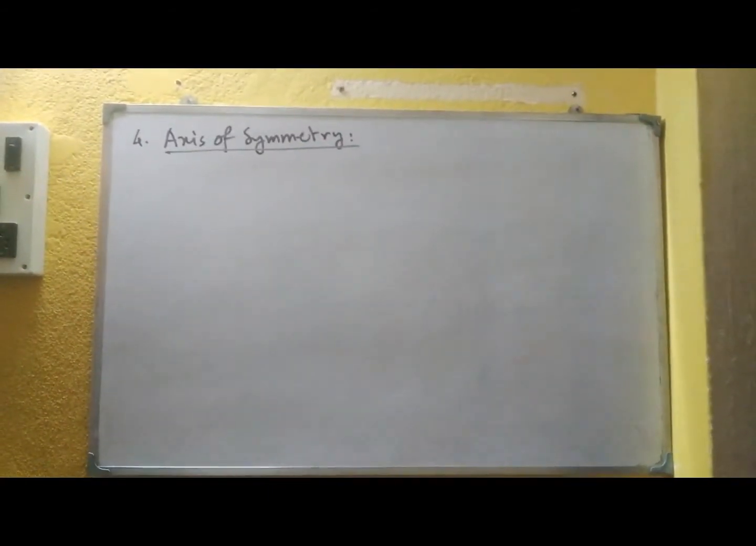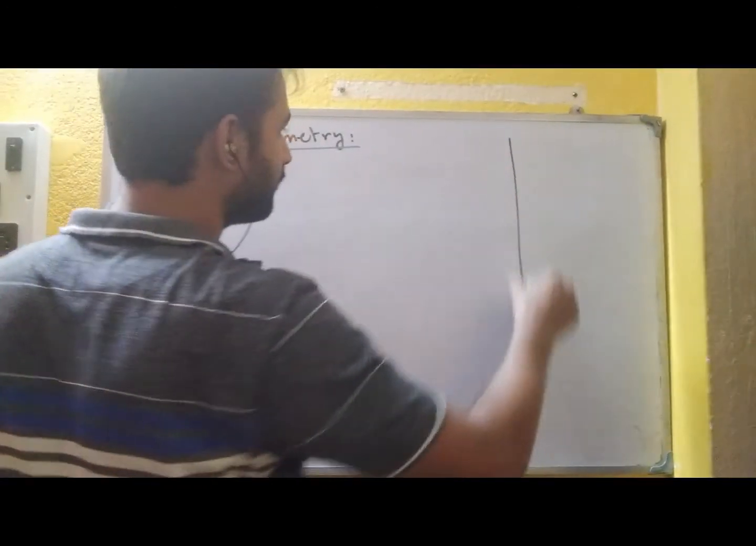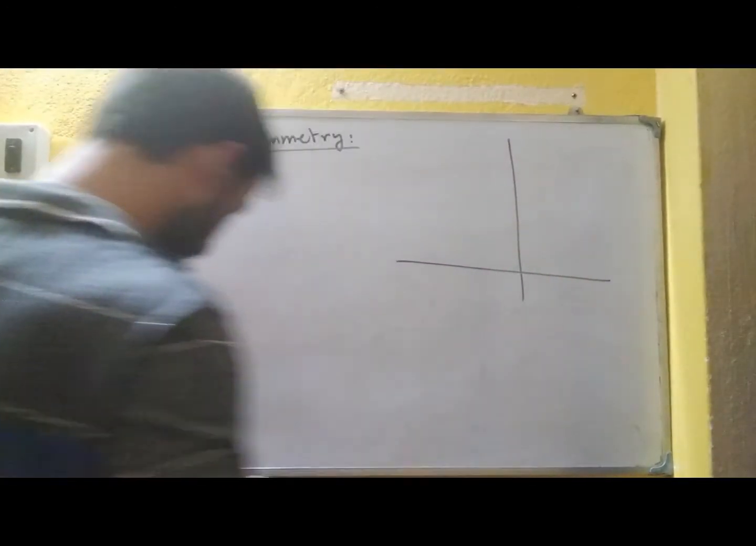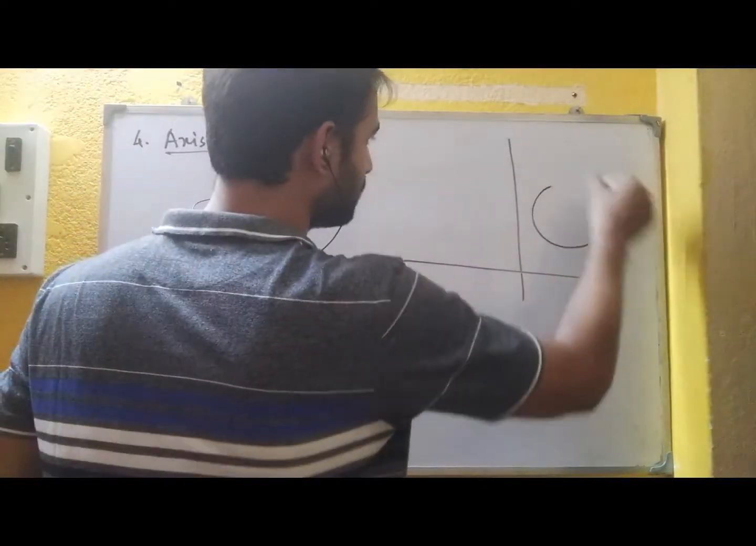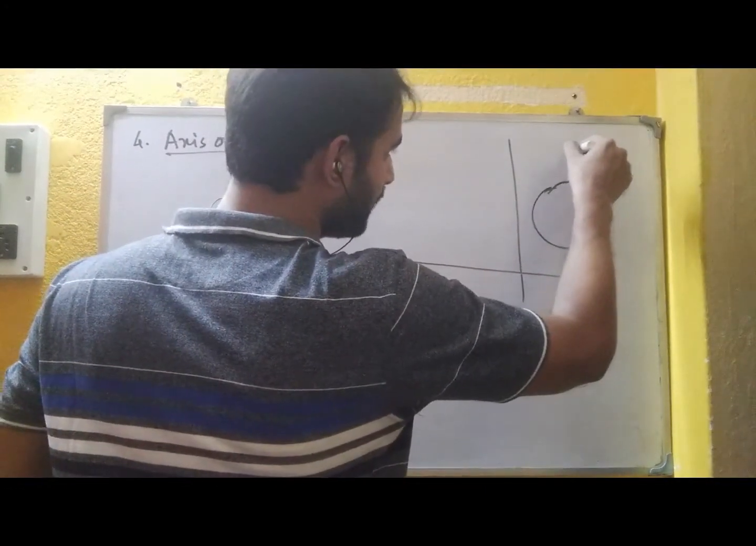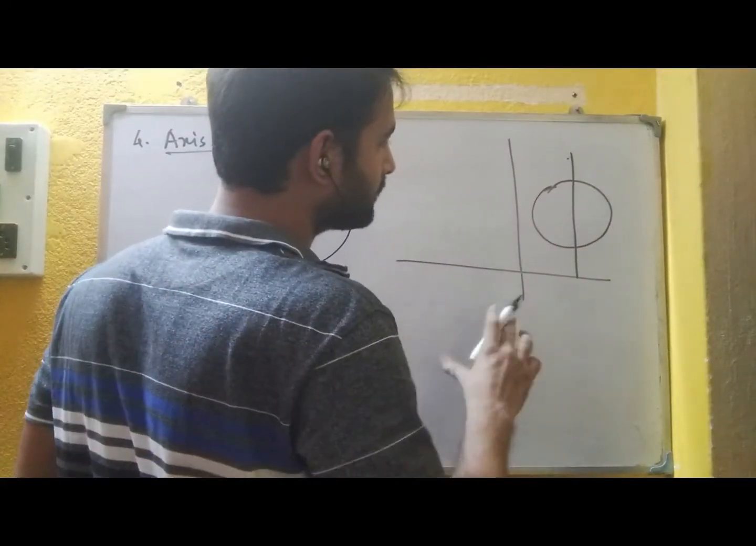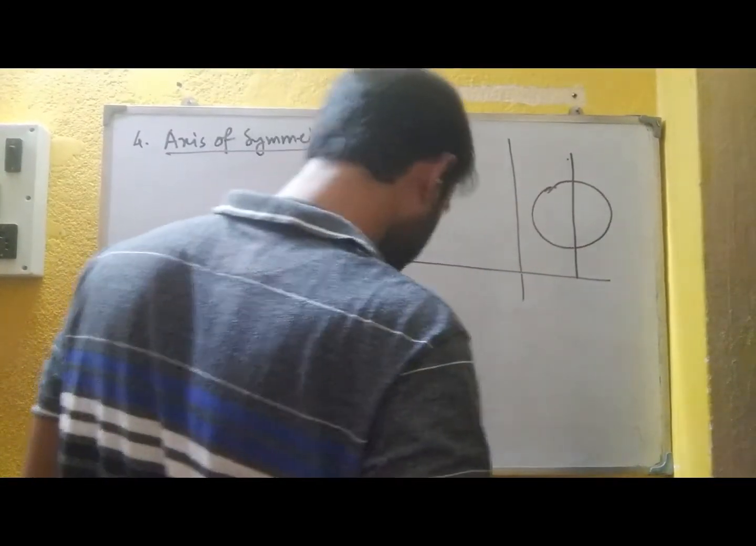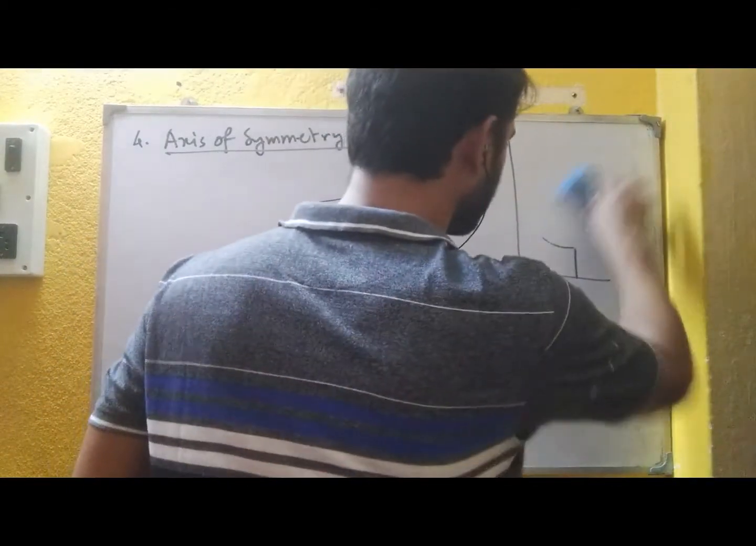Now, as we have seen already, axis of symmetry means it is the line for which the graph remains the same if you reflect the graph about that line. Suppose you are having a circle. If you reflect it about the diameter, you will see it is the same figure. So in the same way, in case of parabola also, or in case of the graph of the quadratic expression,